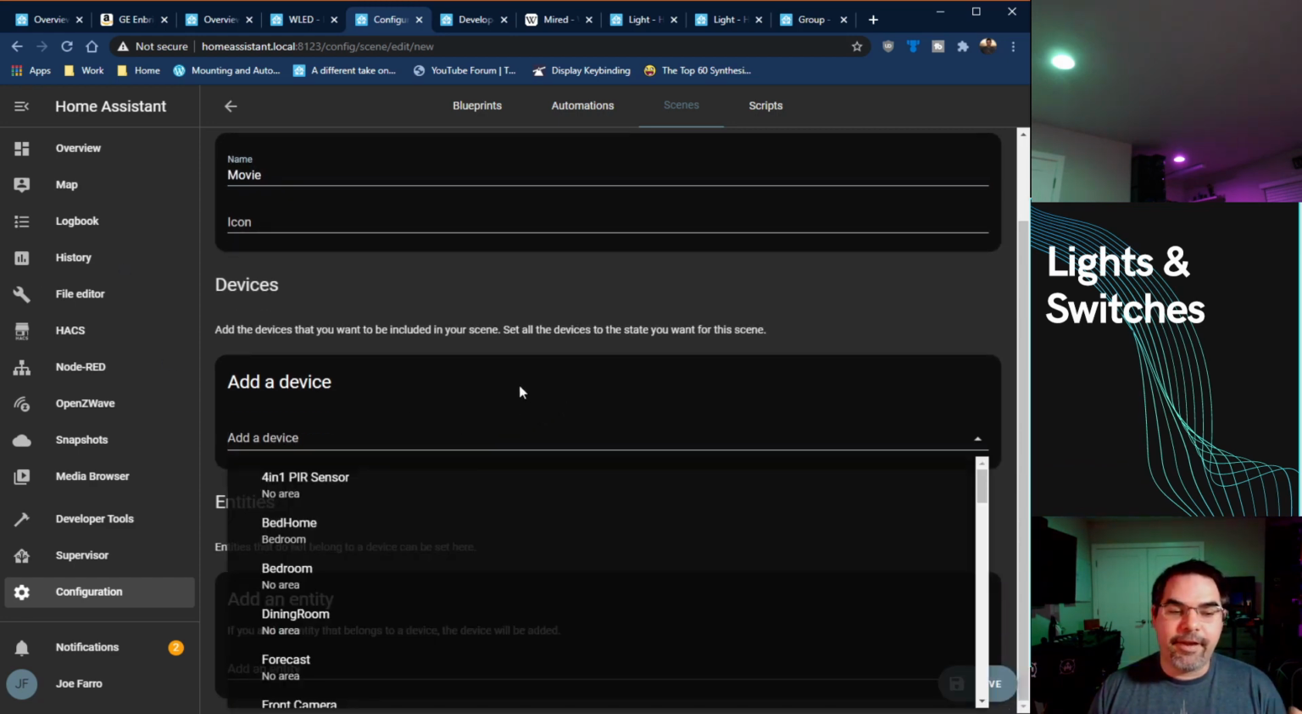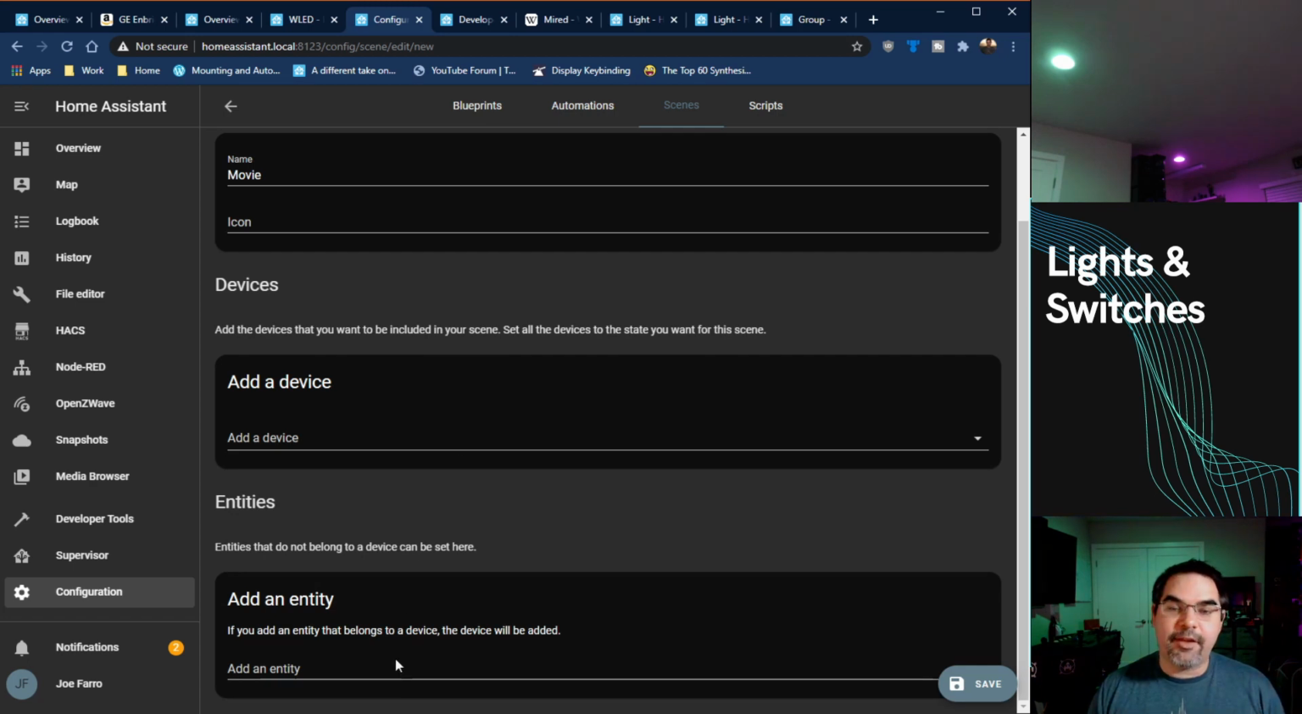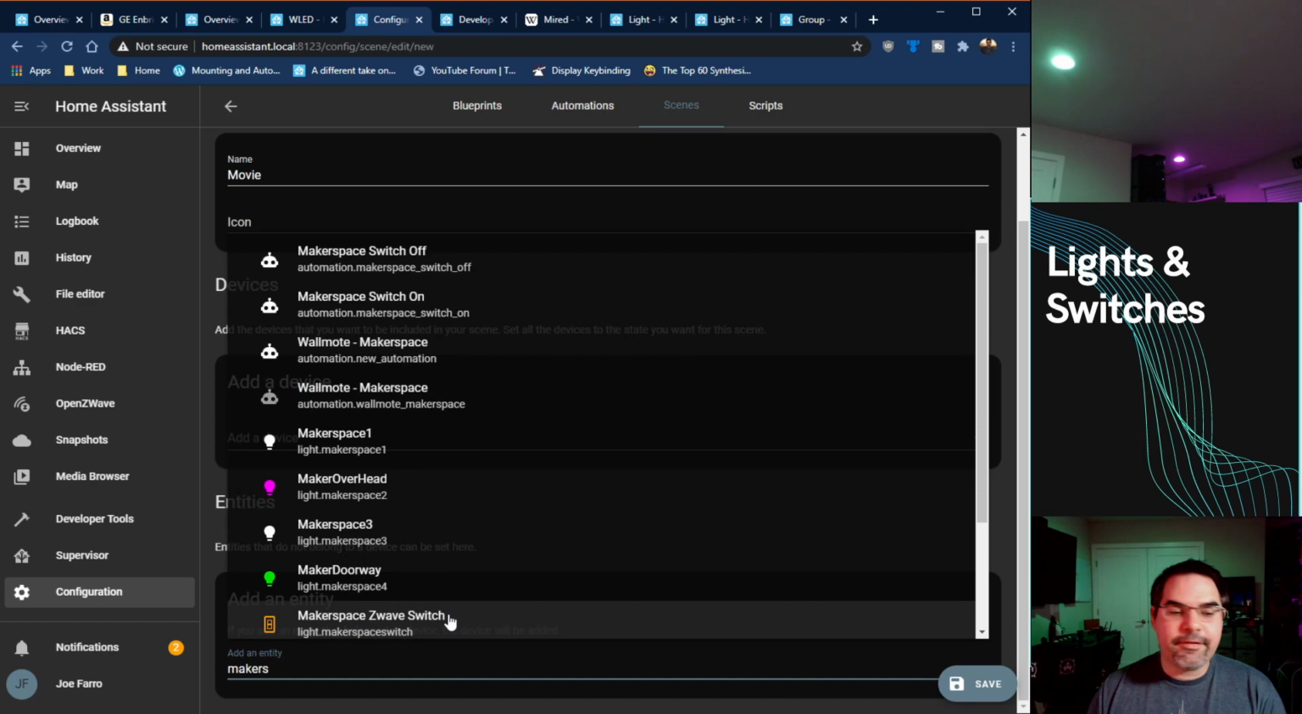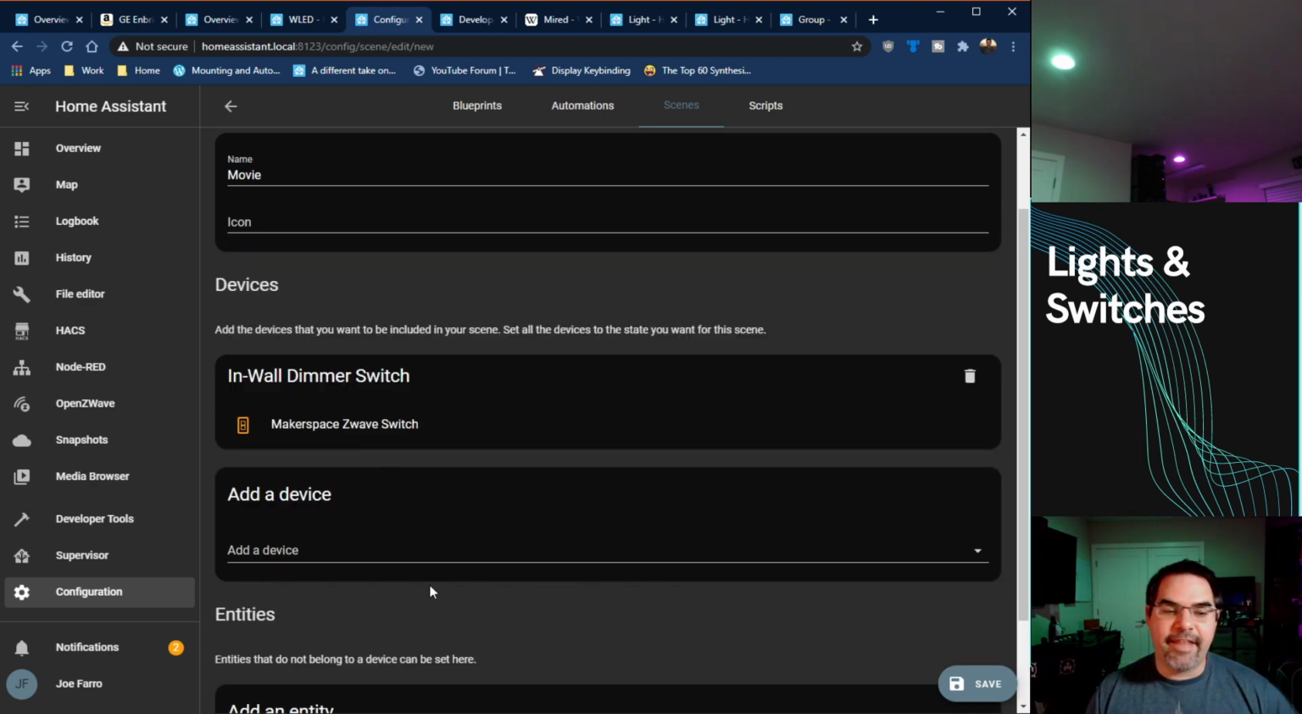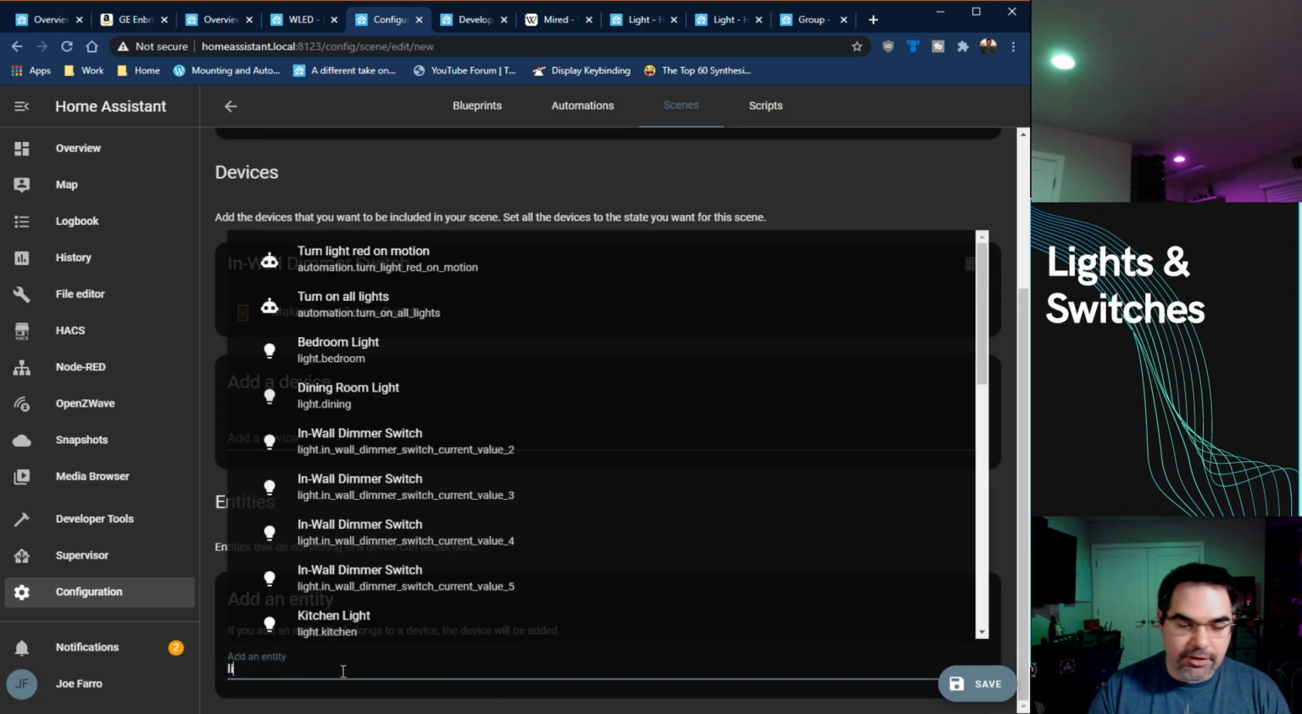Now we can add a device or an entity. I typically add entities because if there's a device attached, it will promote it up. I'll show you what that looks like. If I type makerspace, here's my Z-Wave switch. If I add that, it gets bumped up to a device here, and I can just go ahead and do my lights here. So I'm going to add,